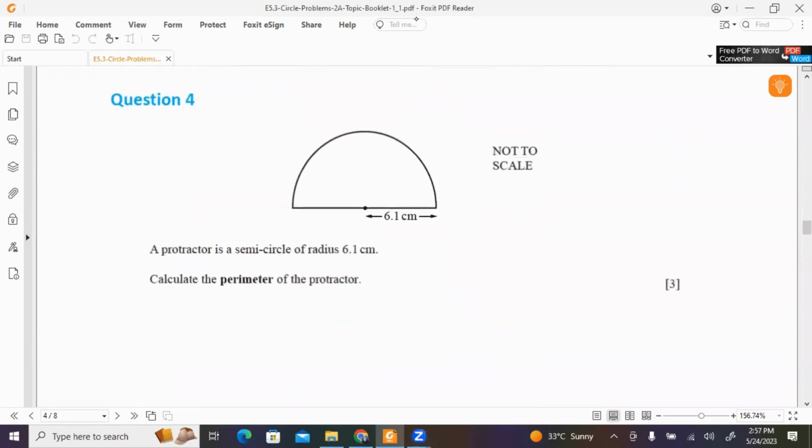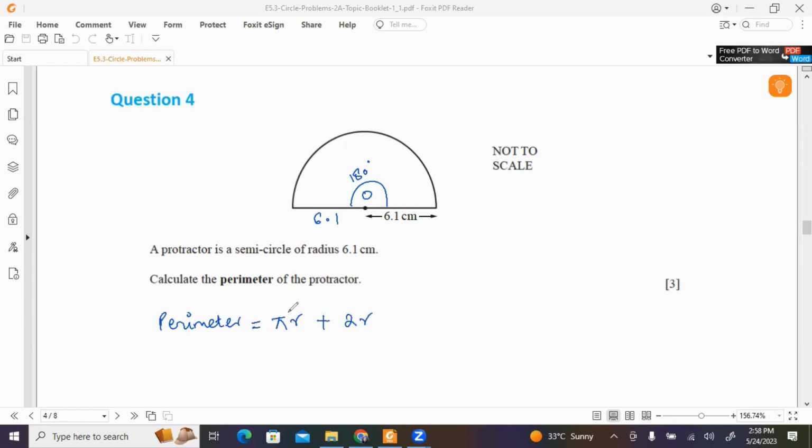Question 4 shows us a semicircle which has a radius of 6.1, so that means this would also be the center. Calculate the perimeter. So a semicircle has an angle of 180. So that means your perimeter will be, in this case, pi r plus